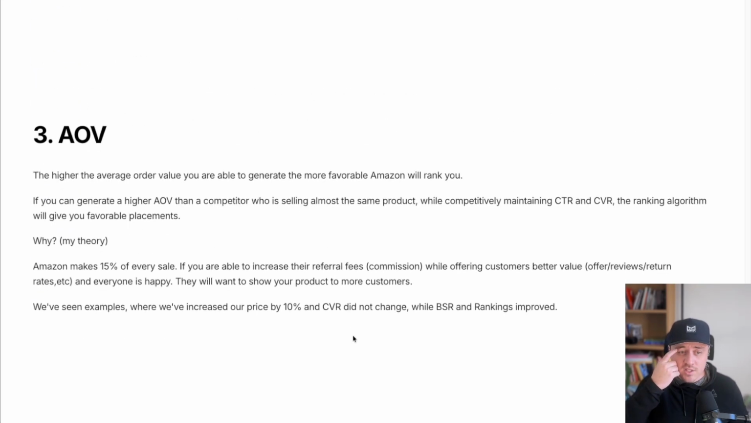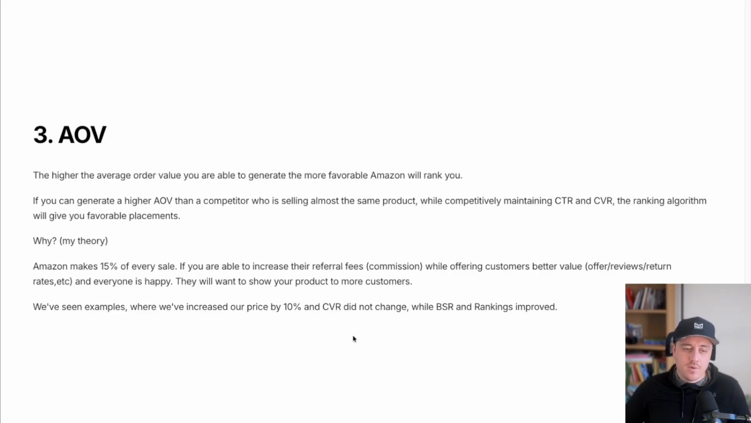Okay, the third is going to be AOV. So the higher average order value you're able to generate, the more favorable Amazon will rank you. If you can generate a higher AOV than a competitor who is selling almost the same product while competitively maintaining the click-through rate and the conversion rate, the ranking algorithm will give you a favorable placement. So the question is,